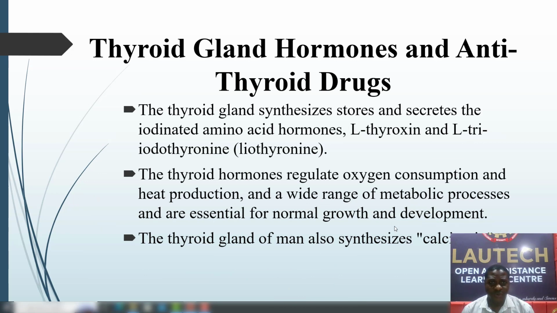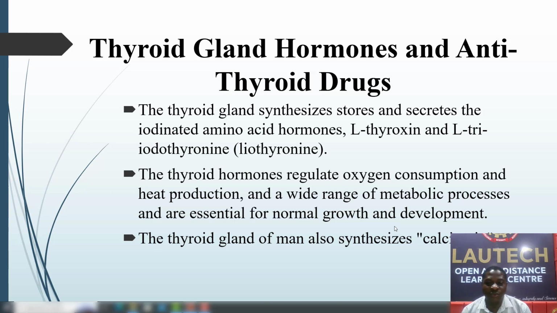takes place. So thyroid gland hormones and anti-thyroid drugs. The thyroid gland synthesizes, stores and secretes the iodinated amino acid hormones, L-thyroxine and L-triiodothyronine, liothyronine. The thyroid hormones regulate oxygen consumption, heat production, and a wide range of metabolic processes that are essential for